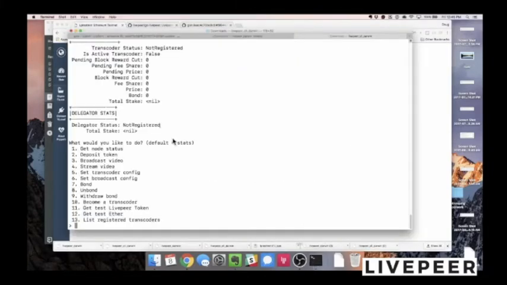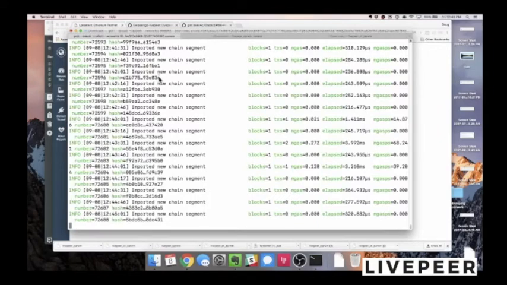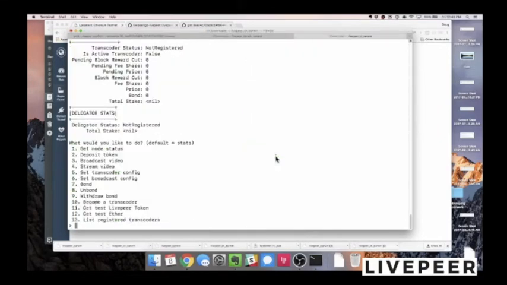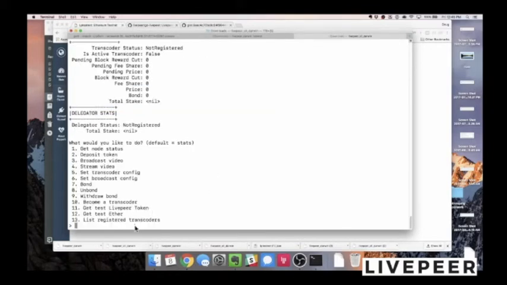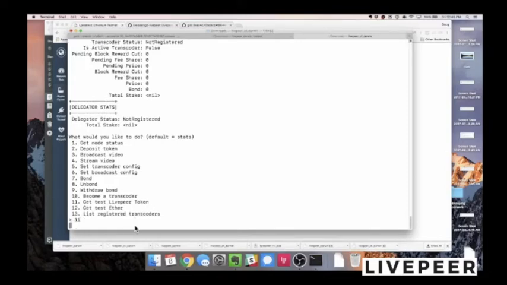And so now over here, back in the Livepeer CLI, after the transaction is mined on the Ethereum blockchain, which happened a couple blocks ago, I can run get node status again, and there it is. My ETH balance now has 62 ETH. The next thing we want to do is get some test Livepeer token, so that's option 11. And there you just run that,